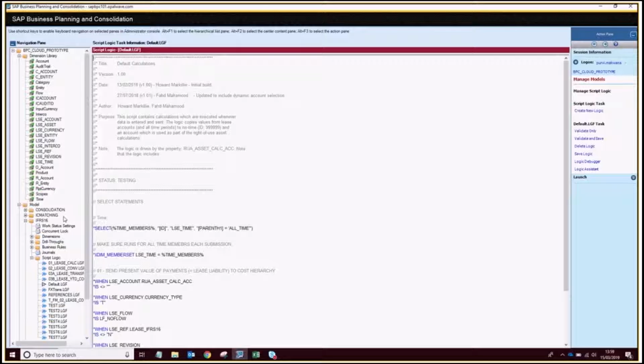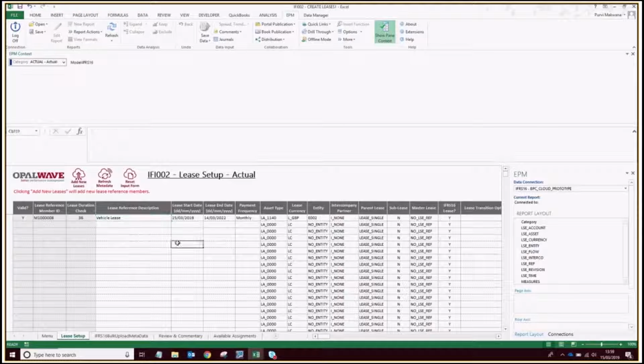Okay, so that's it for differences in the admin client. Next, let's go on to talk about creating leases. So it's the same create leases template that we're going to use. The only difference is that, once we've filled out everything here and checked that our lease is valid and that the member ID has been generated, we click this Add New Leases button, and where in the NetWeaver system